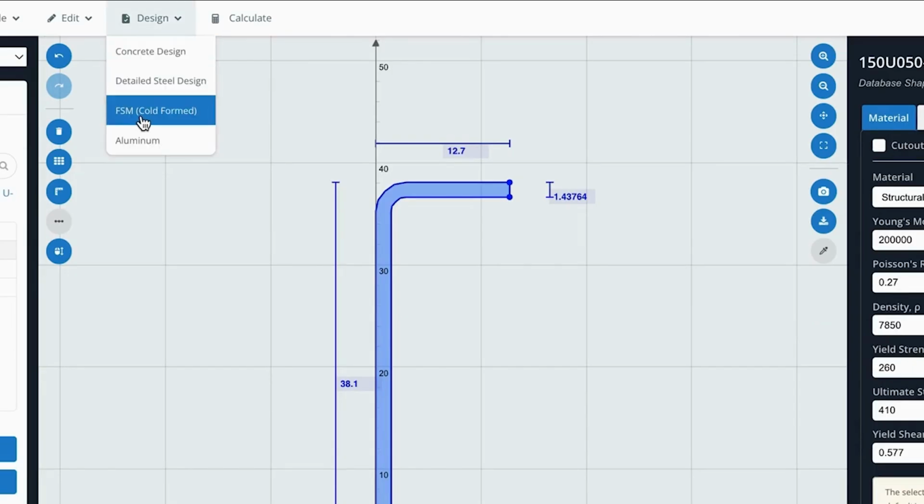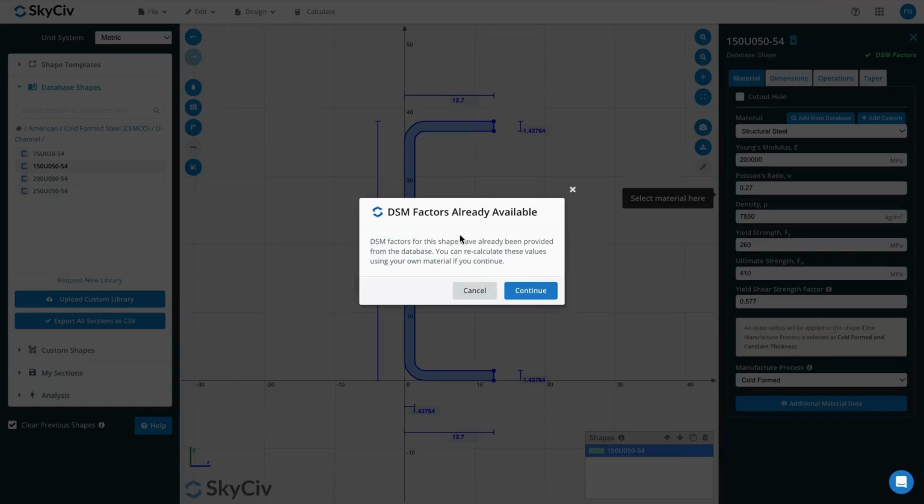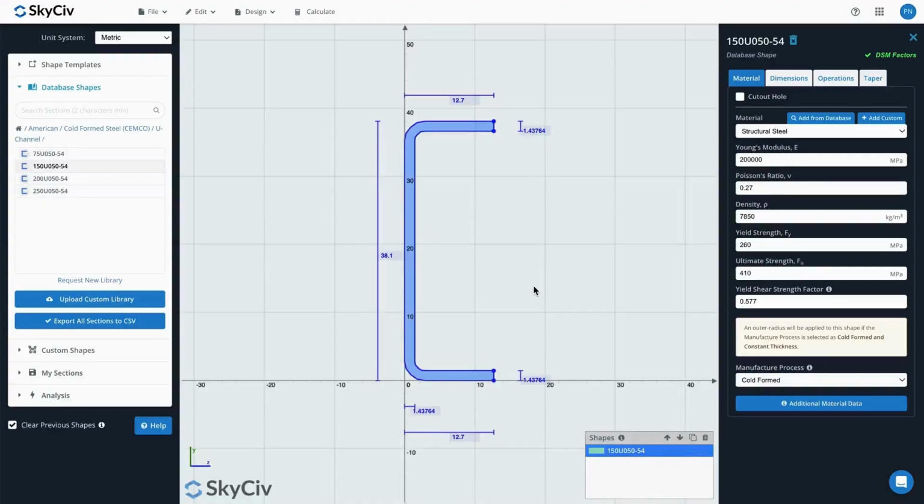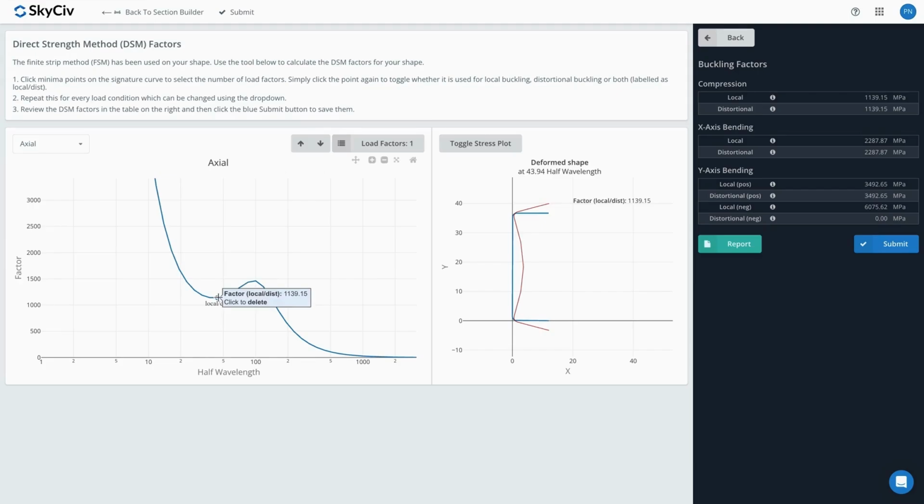To use the DSM feature, go up to the Design tab and select FSM. Once this loads, it would have automatically calculated the DSM factors for your shape. You can see on the right-hand side a table of all the buckling factors and on the left, a plot of results of the finite strip method calculation. If you are happy with these factors, click Submit to continue,